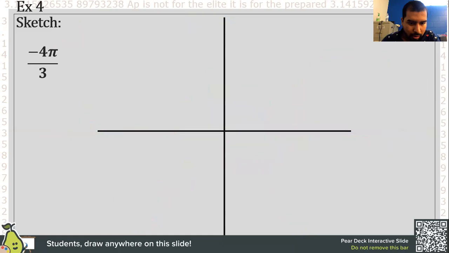Let's give another one a try. So negative 4 pi over 3. So this right here, keep in mind it is negative. So instead of going how it normally does in a positive direction, it's going to go in the negative direction. But the idea is the same. So we're going to split this up into sections of 3. So one slice of negative pi over 3. Notice I started at the bottom now because I'm looking at the negatives, right? So this is negative pi over 3. Then another slice,